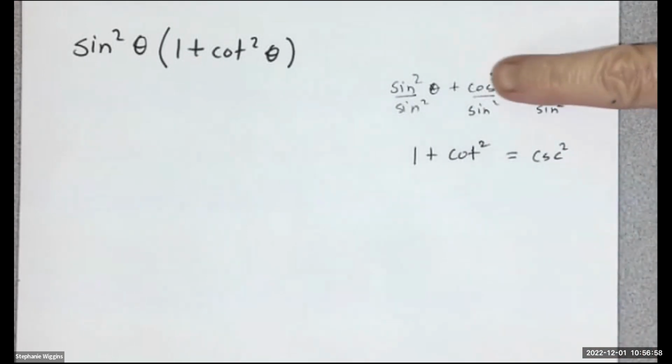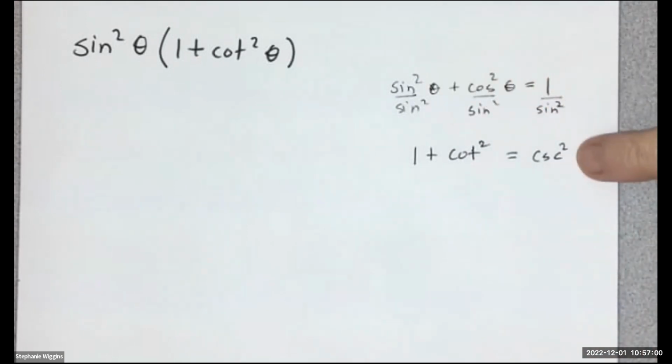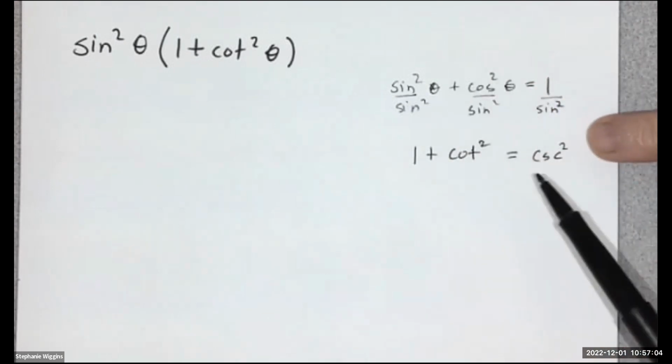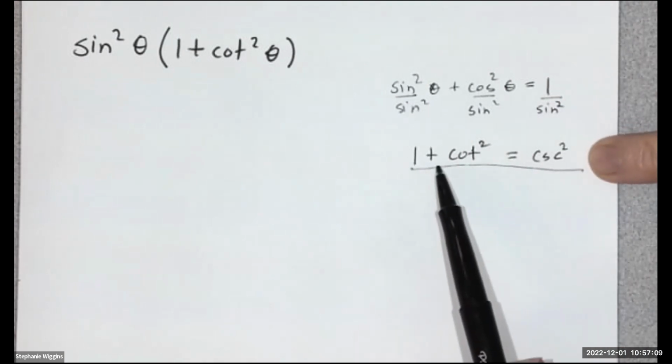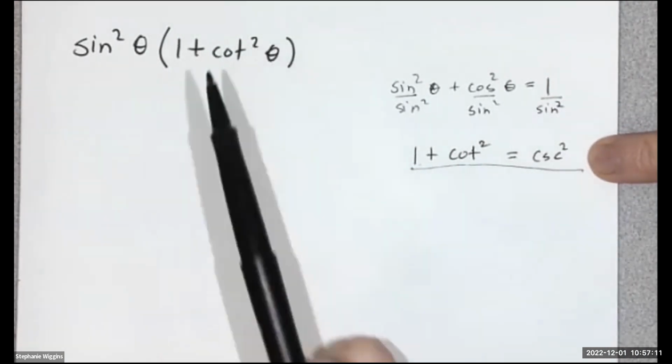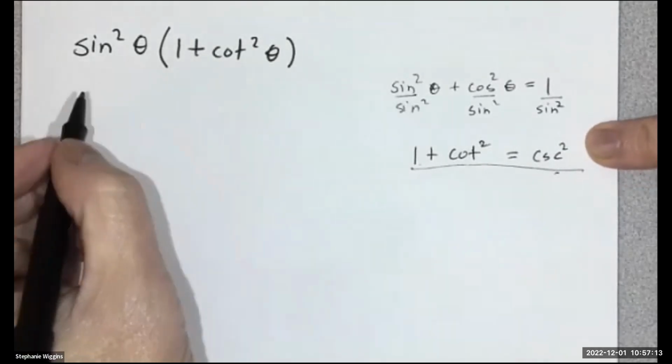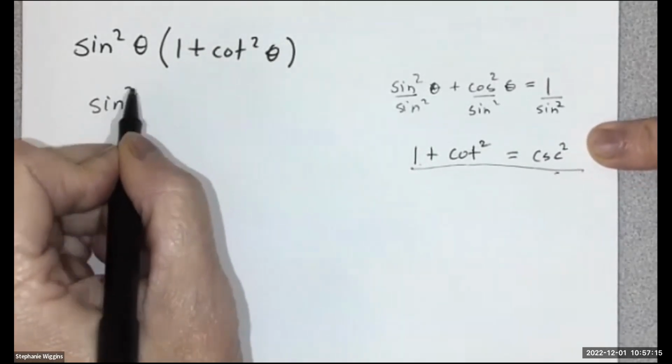Okay, so I just took the main Pythagorean identity and now you're going to have this formula on your sheet. I just couldn't remember off the top of my head. So here's your formula, and you notice, oh, 1 plus cotangent squared is cosecant squared. So you can replace this with